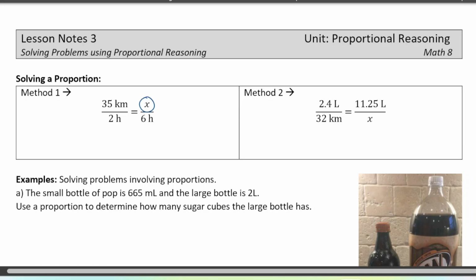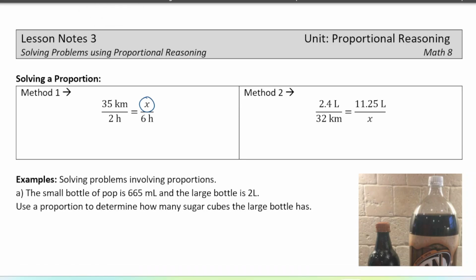So in this problem here, we have 35 kilometers in 2 hours. We don't know how many kilometers in 6 hours. So X is just the unknown here. One way to solve these problems is just to think about how these fractions can be made equivalent. And so if there is an easy way to convert one to the other using multiplication or division, then we